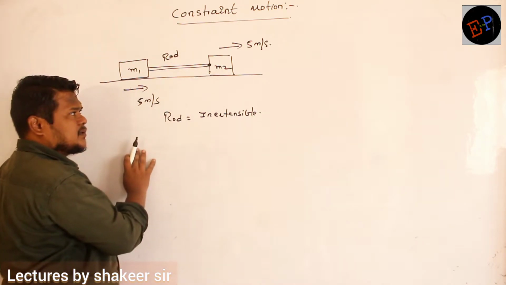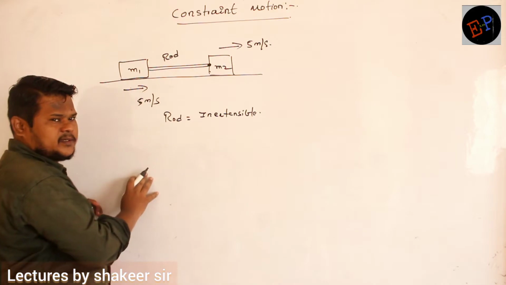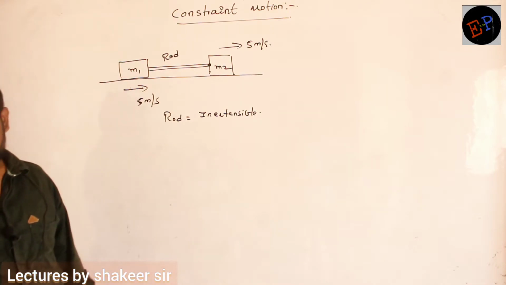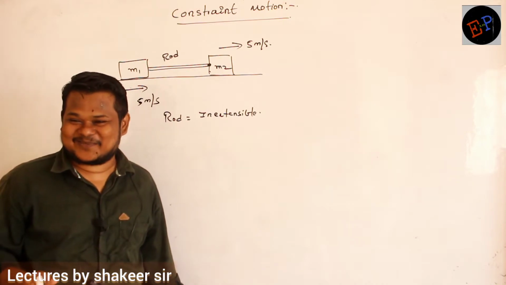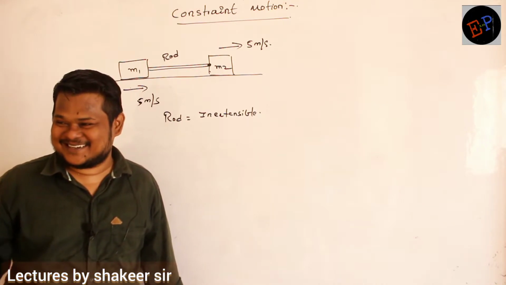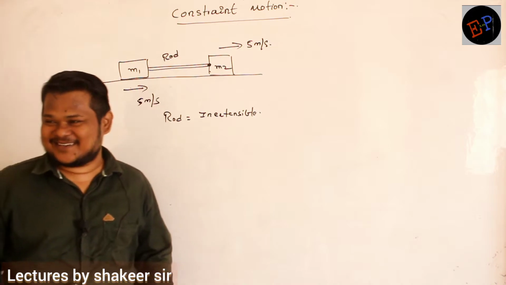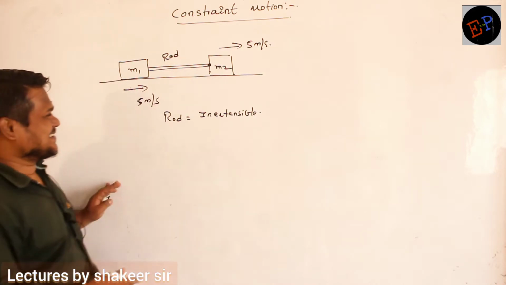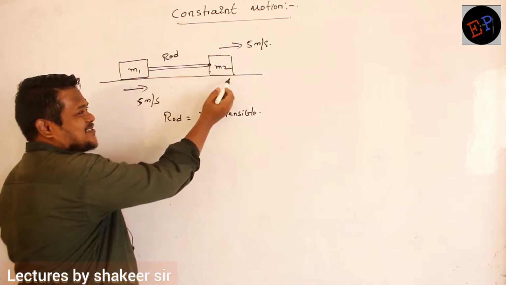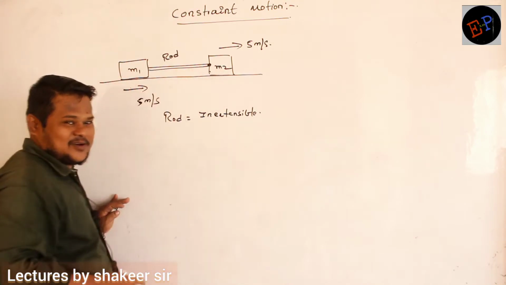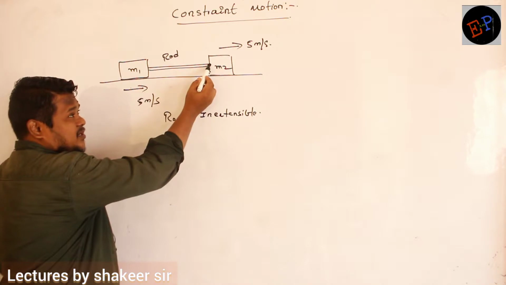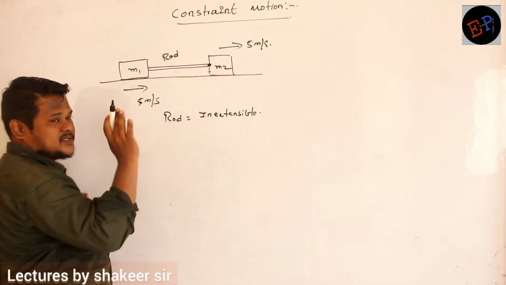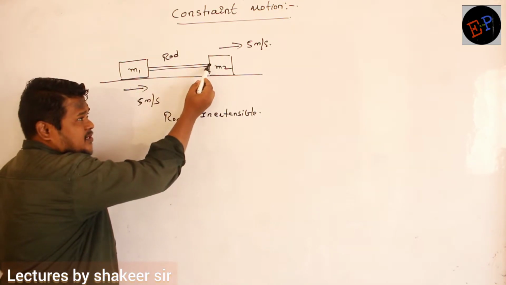Velocity of this point also will be 5 meter per second. Clear only, no? LKG concept, don't think it is some IAS level concept. I am clearly explaining the LKG concept once again. You must have studied LKG properly, so it is clear. So this is a point which is connecting mass M2 and it is connecting the rod also. Clear? So therefore velocity of this point is also 5 meter per second, because this point is in contact with